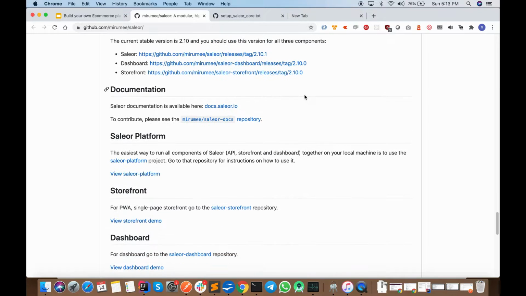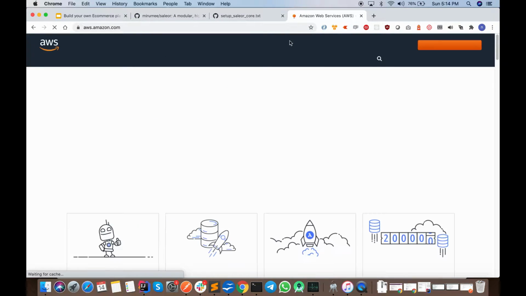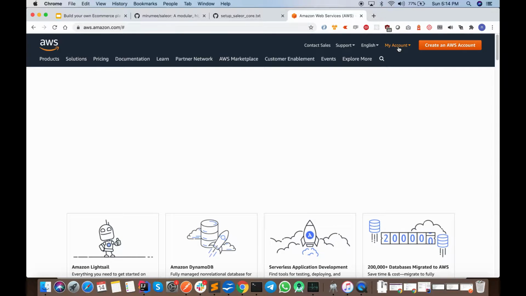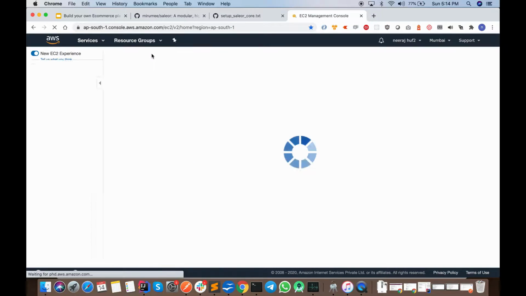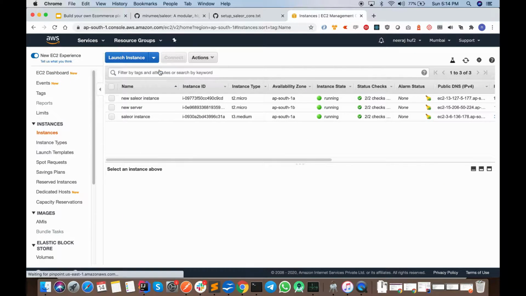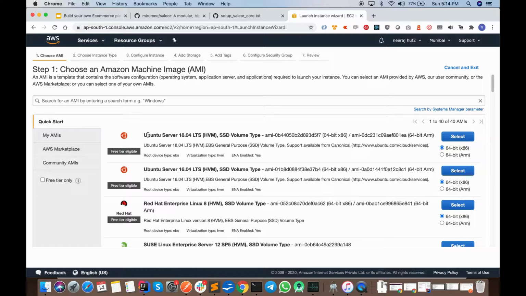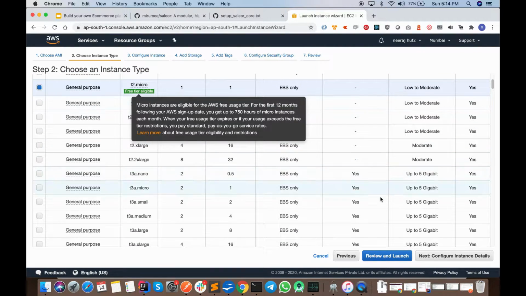So what we are going to do is create a fresh instance on AWS. I am selecting an Ubuntu server with 18.04 version, a t2 micro instance.